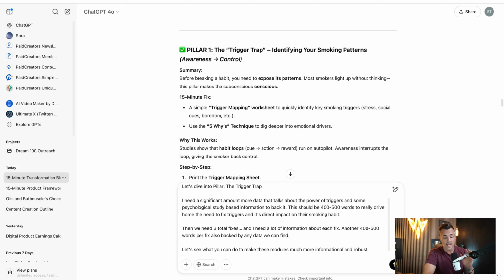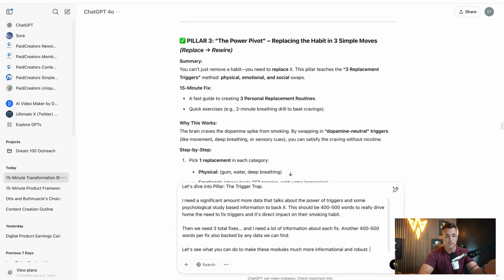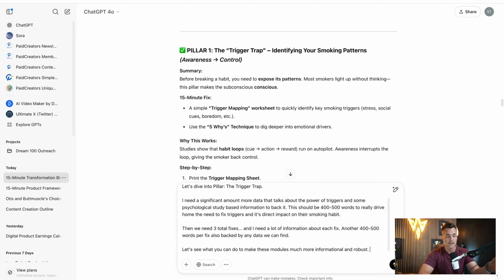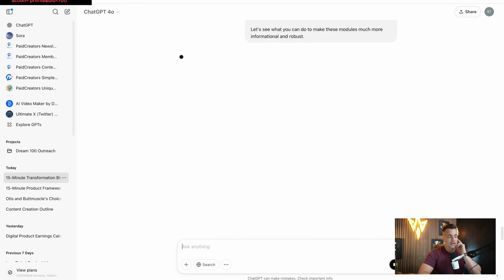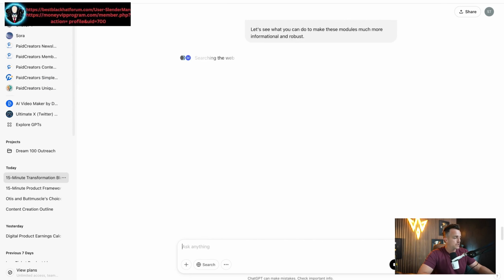And here's what, again, I want to stress this. As somebody who has quit smoking myself, I can tell you all of this sounds like it's something that should be in place, right? It is great. I can also, at the end of this, give it my story, tell it what I did, and see if it can work some of that in. But we'll get there. So I did that. We're going to wait for it to respond.